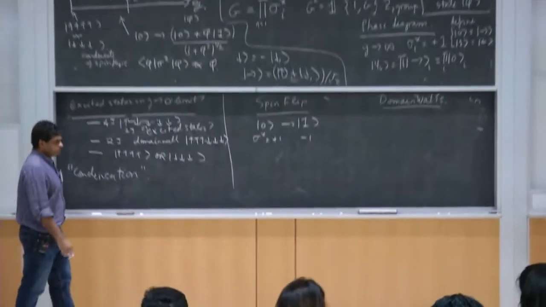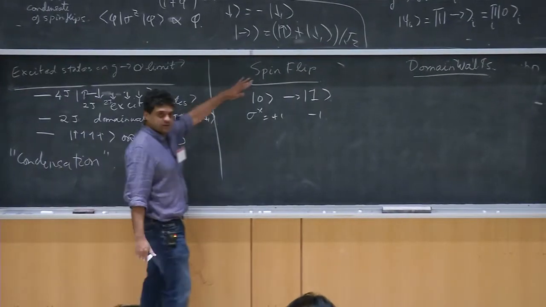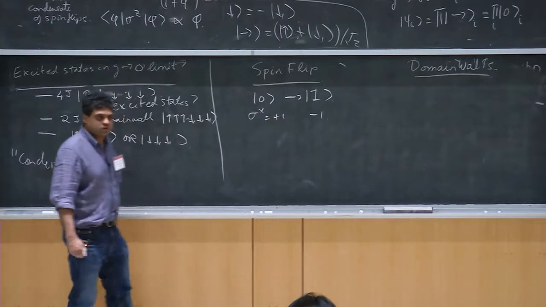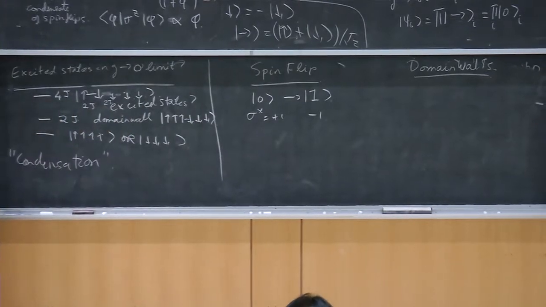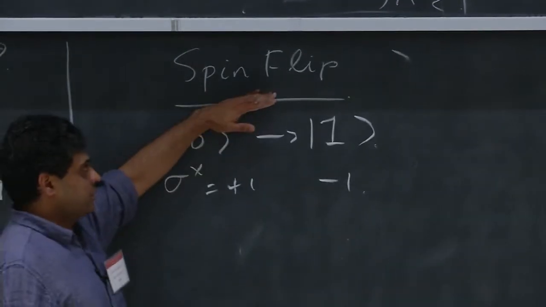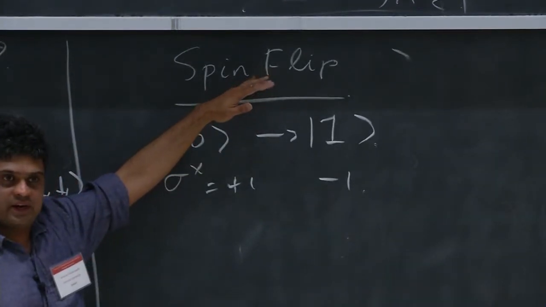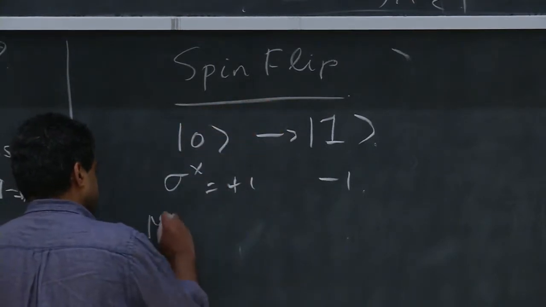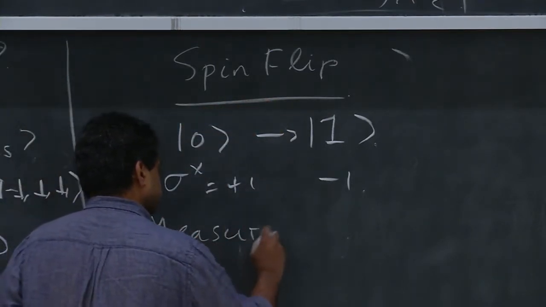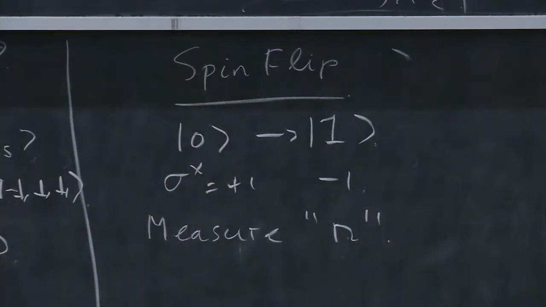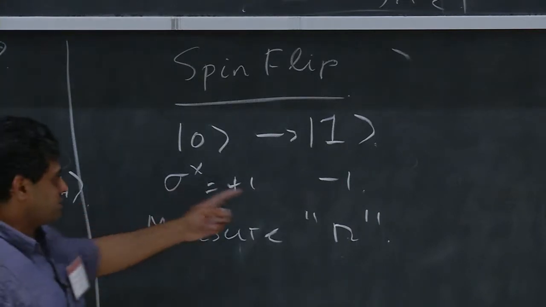Okay, so what is the operator associated with spin flips? We have a physical picture of spin flips. What is the operator content of the spin flips? There's really an important distinction here. When you talk about an excitation, there are two kinds of operators. There's one that measures the excitation, a measuring operator. This is sort of like the number operator. If you had bosons, you'd have a number operator that measures how many bosons you have. That is this operator sigma x.